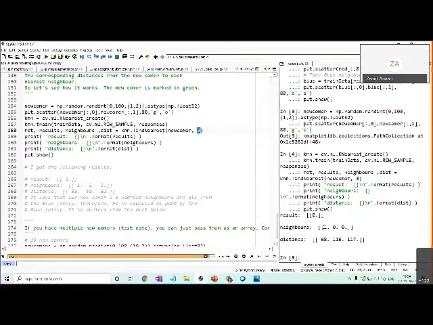One neighbor was blue and 2 neighbors were red; 1 is for blue and 0 is for red. So the majority was red, so the class is red. And the distances are given over there.